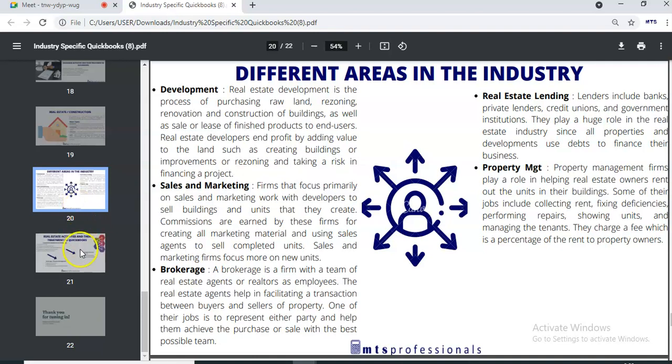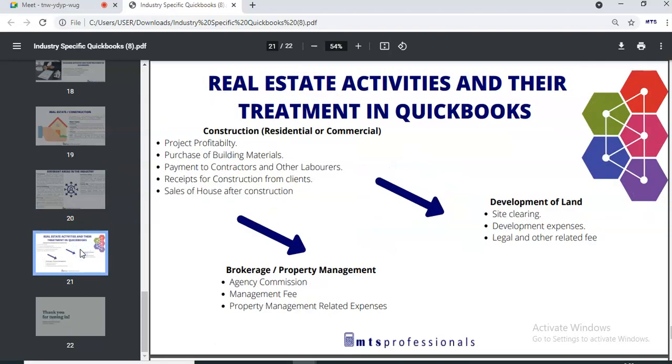All right. Now we look at what are the real estate activities and their treatment, right? So we start with construction. Under construction, we look at residential or commercial, right? So we have a whole lot of stuff to discuss here. But before I proceed,